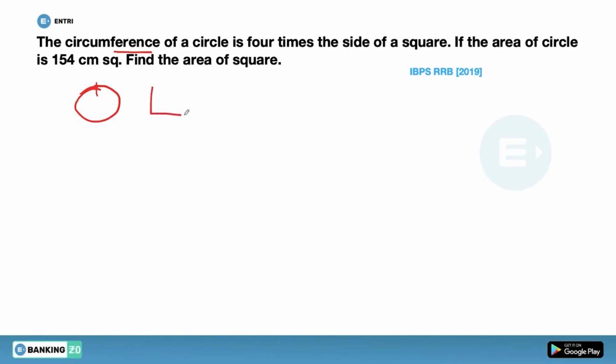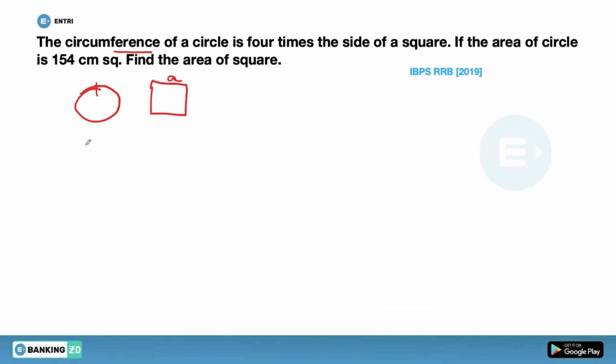That means if I have taken a side of the square as a, what would be the circumference of the circle? It would be 4a. It's as clear as that. Now what is the other condition? The other condition that is given is the area of the circle is 154 square centimeter, and I clearly know